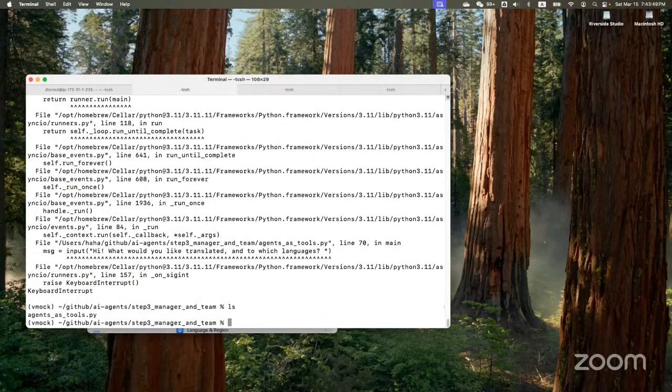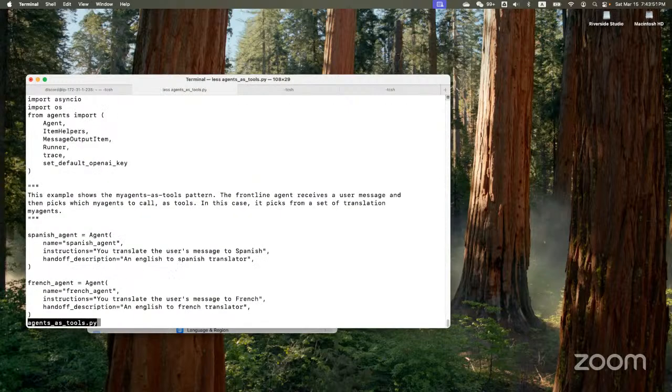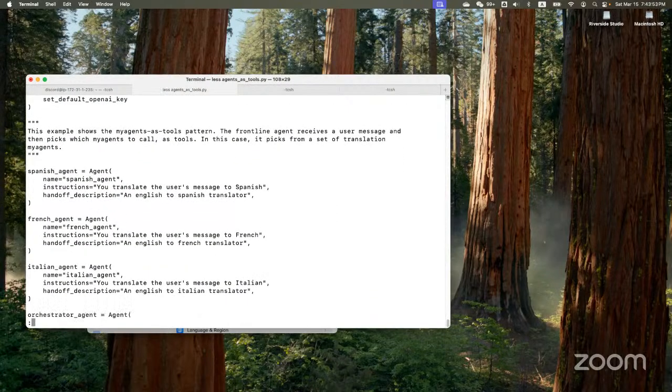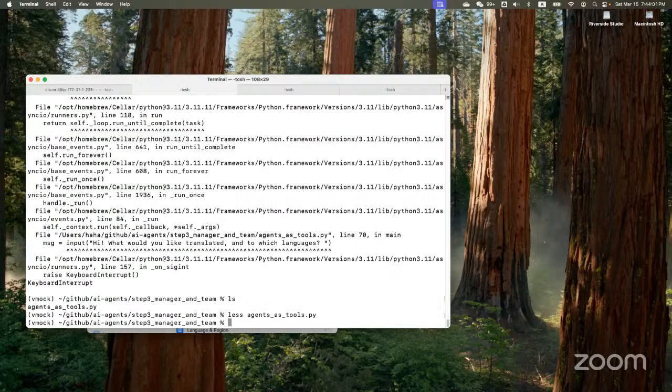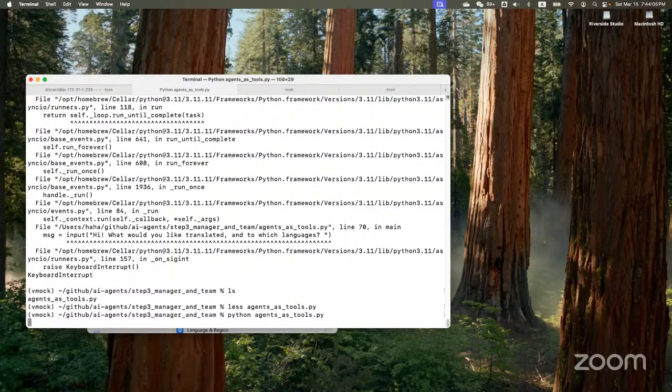Let me see which language there is. Yeah, so one is Spanish, one is French, one is Italian. You can find this in the release of the SDK as well. But since not all of us have a lot of time, I'm just helping you see this demo since I have already installed and tried it out. So let's say man to Spanish.